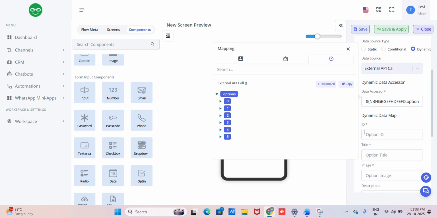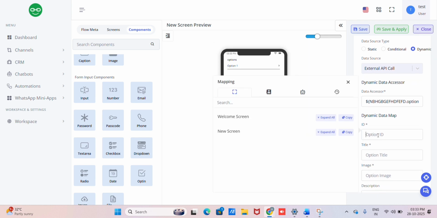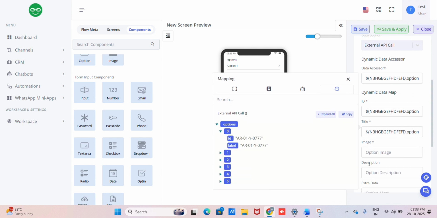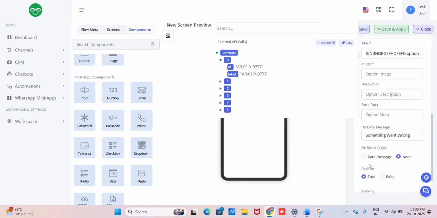Now in the ID and the title, you need to select ID and title of the very first option. So this is my first option. I will select ID and the title. I will select label of the first option. Now image is not mandatory, so you can skip it if you don't want to add it,